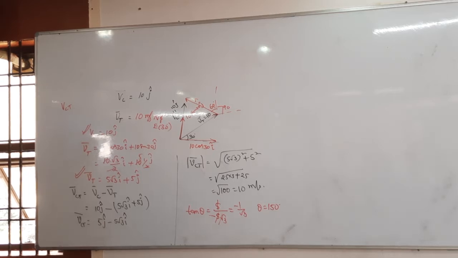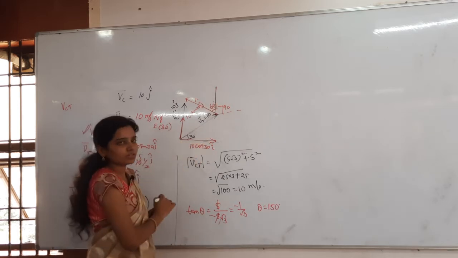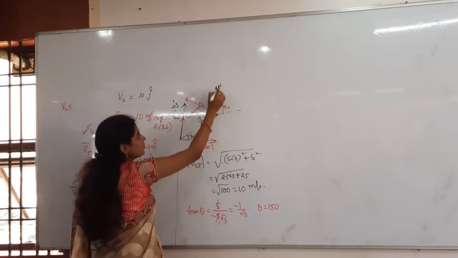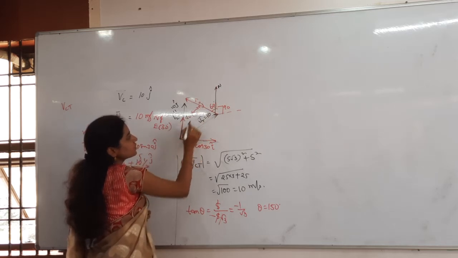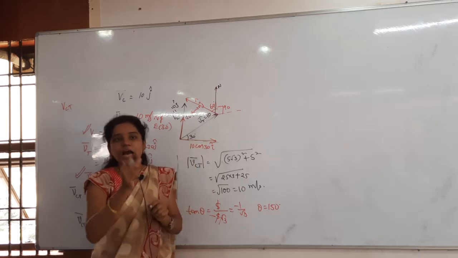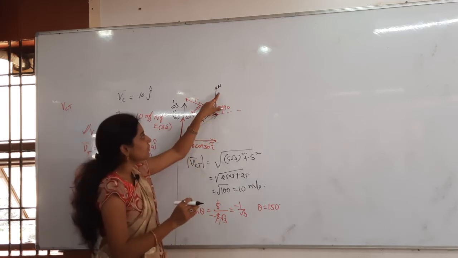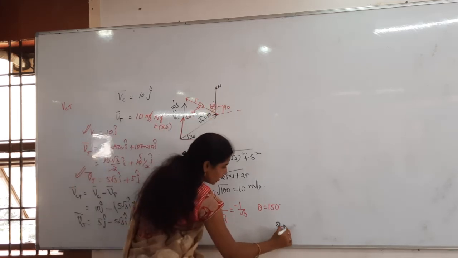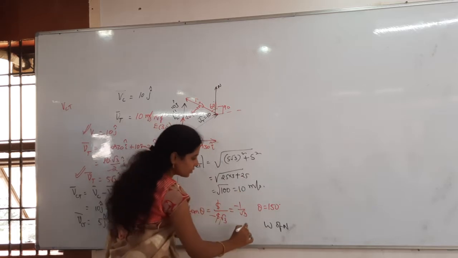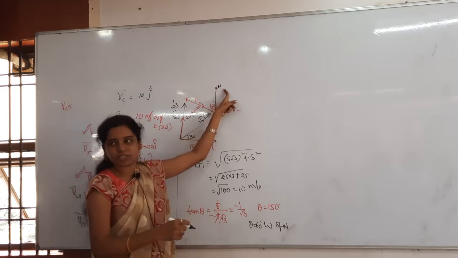150 degrees, what is the direction? What can I say in terms of north, east, west like that? See this, 150 is nothing but 90 plus 60, no? So what can I write? This one is north, and then it is moving towards what? West. So what can I write? West of north or north of west? Half means, for whichever the angle is there, that one you have to put as half. So which one has the angle? North. So half north, west of north. So how much angle? Theta is equal to 60 degrees. 60 degrees west of north. Clear?